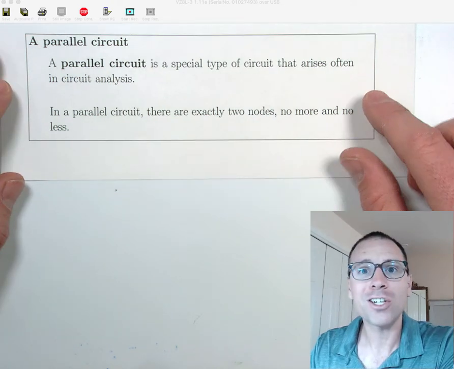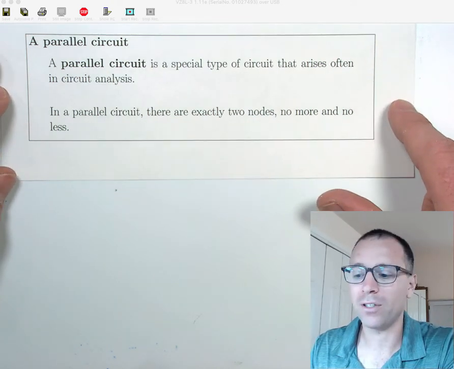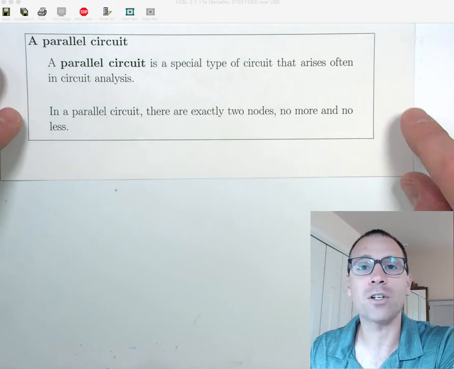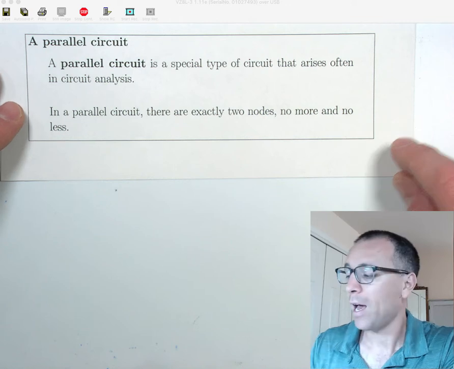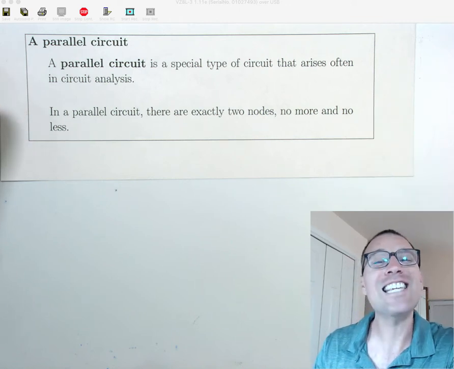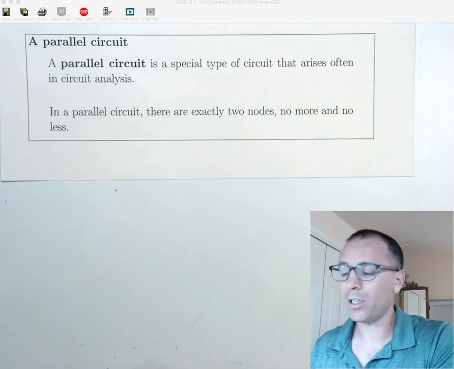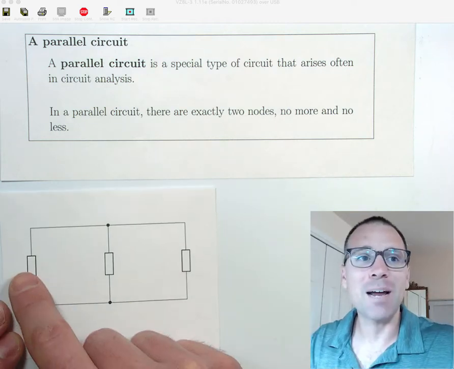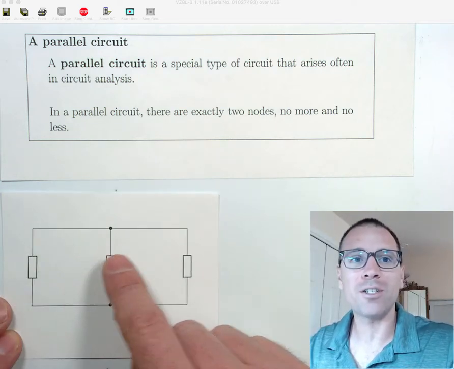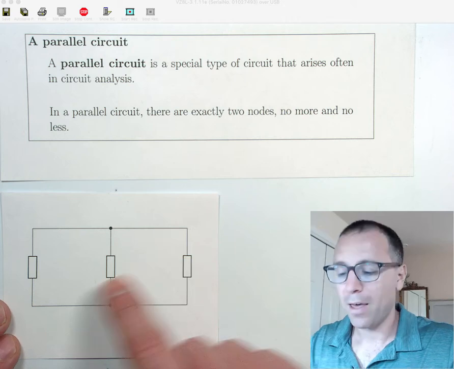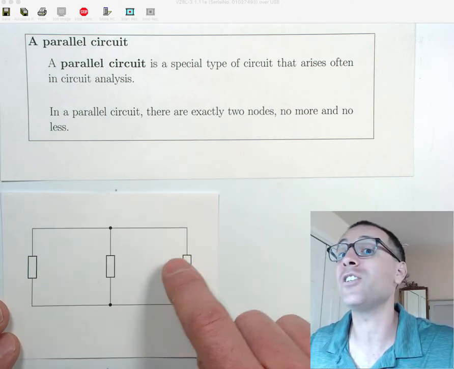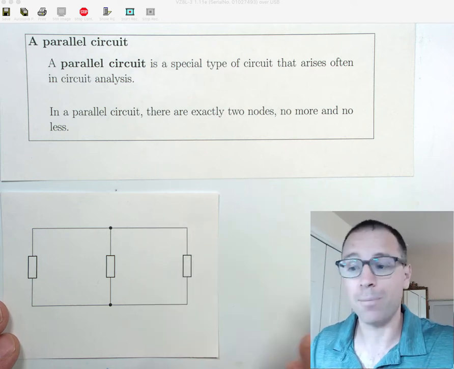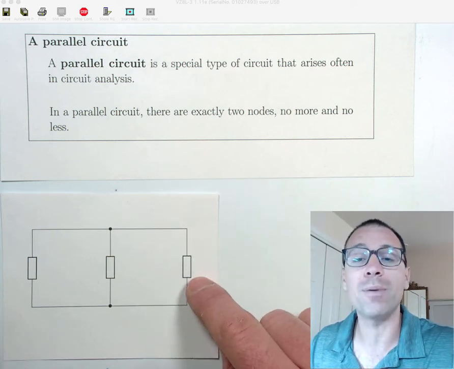Parallel circuits are a special type of circuit that arise in circuit analysis, and in a parallel circuit, we say that there are exactly two nodes of that circuit. The general canonical easiest version of a parallel circuit will take this form. In this case, I'm replacing specific circuit elements with a generalization. These boxes could be resistors, they could be DC voltage sources, they could be DC current sources. We've also seen an example, which we'll cover again in 1 second, that this could be a multimeter.